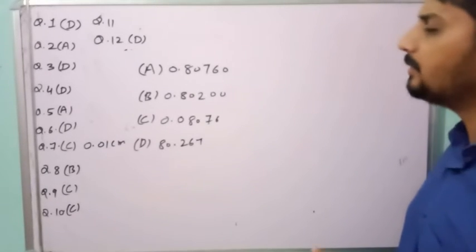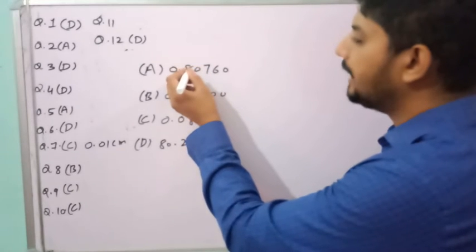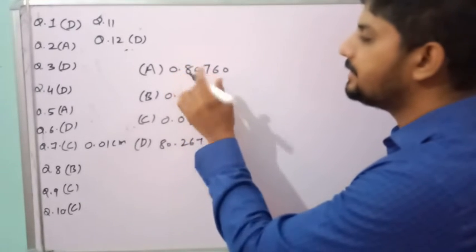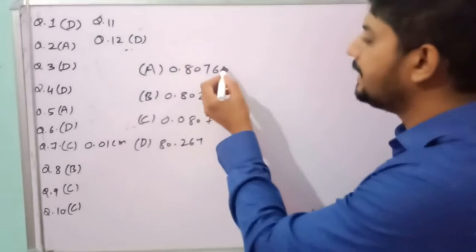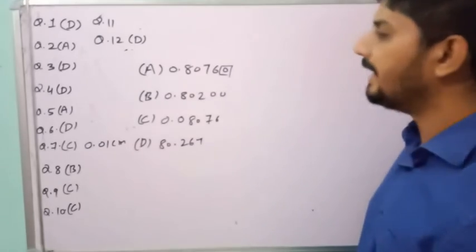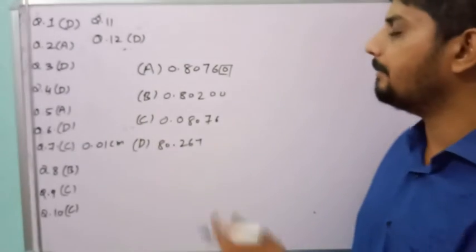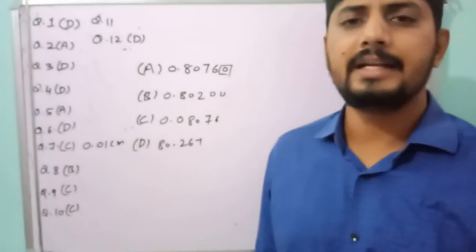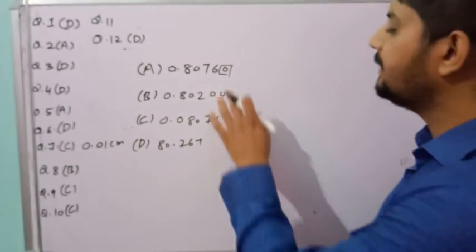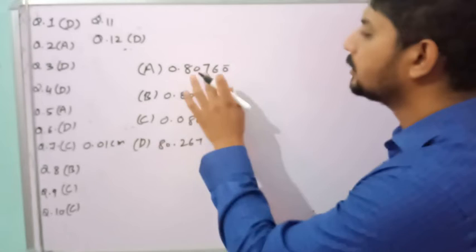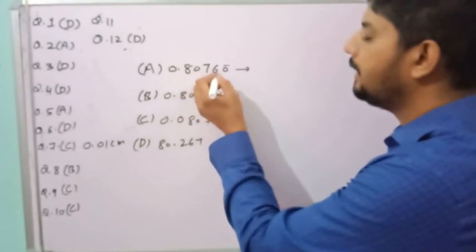If I want to find the significant figures in option A: this 0 is trapped between two non-zero digits, so of course this 0 is considered significant. Second, this 0 is a trailing zero, so you have to find whether the number is non-decimal or decimal. Here the number is decimal, and in a decimal number the trailing zeros are always considered significant. So both these zeros are significant. So the number of significant figures here is 3 plus 2, 5.